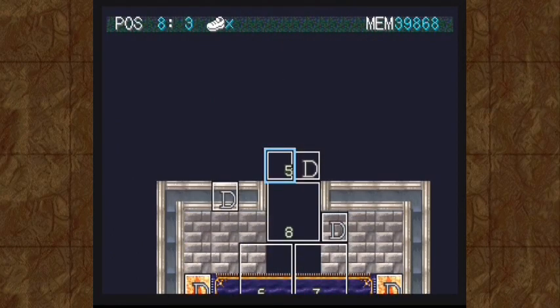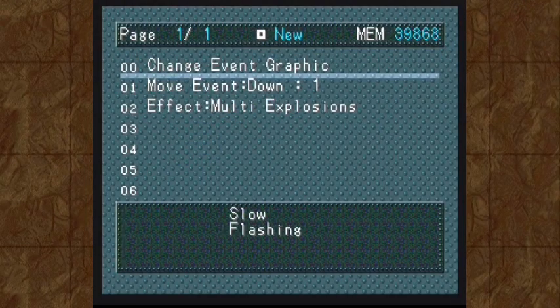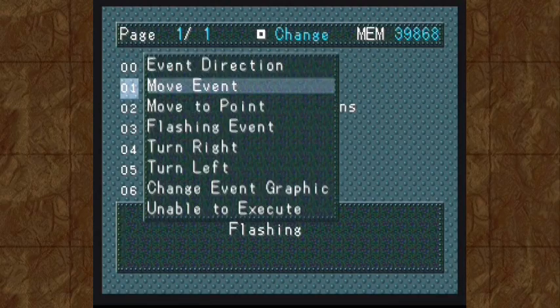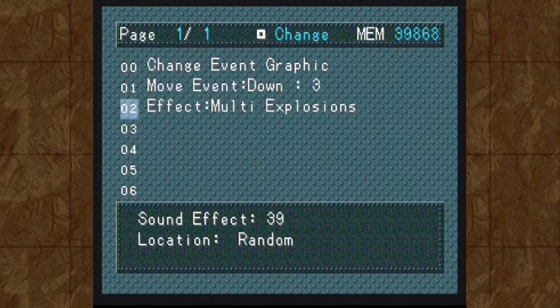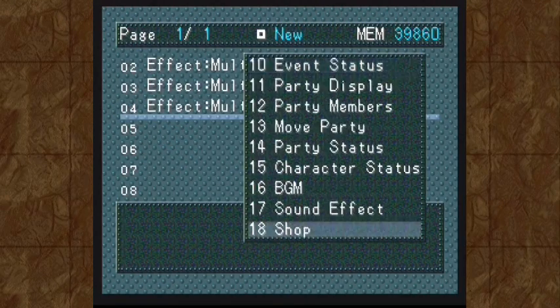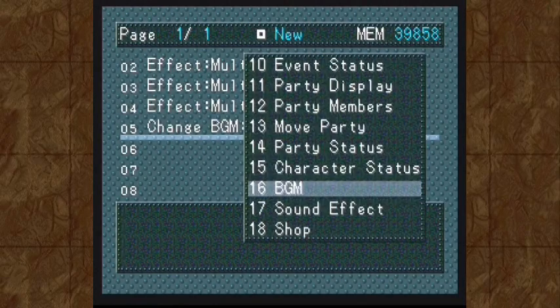So, what am I doing here? Well, we got these rocks that are kind of coming down. And then there's going to be some explosions. Oh, wait. They fall down 3 spaces. And then there's going to be some explosions. And at this point, the music's going to be changing to this song. At which point,